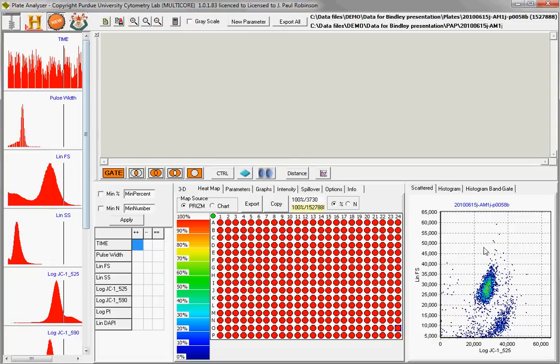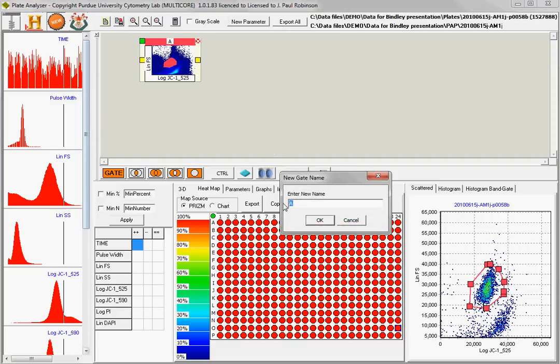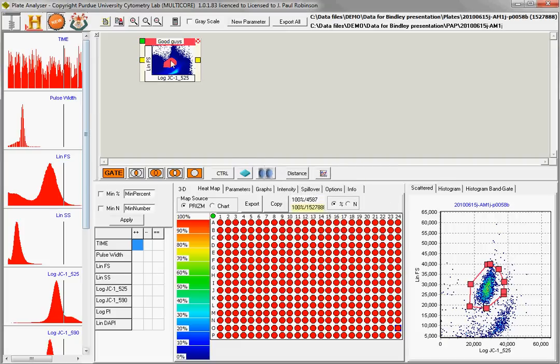And I'm going to draw a gate on here. Very simply go over here and click on the word gate, and then come over here and draw that gate. Once I've drawn that gate, a couple of things happen. That gate comes up here, and if I right click on that and I type on here, these are the good guys, then I now have a named gate, and you'll see that this has got 384 list mode files all in one